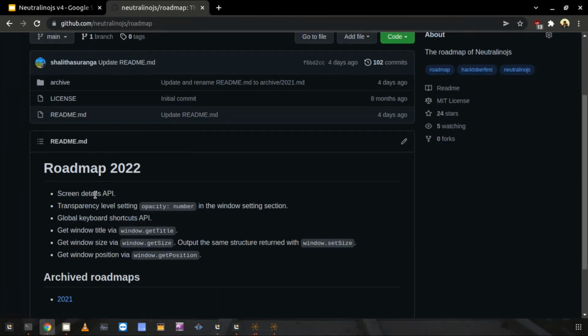We added some goals already from the community's feature requests. We are going to add a screen details API and some improvements to the window namespace. So those are the updates that came from the v4 release of Neutralinojs. We will keep adding things to this newly created roadmap when we receive more things from the community,